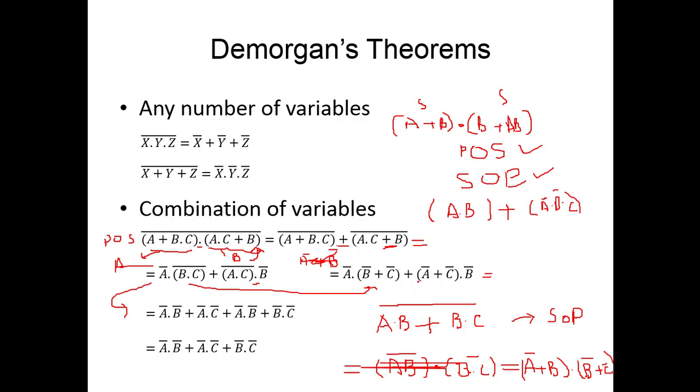Then you can further solve it by taking commons from it and then solving it using the postulate which we have discussed in our previous lecture. So this is how you can generalize the De Morgan theorem on any number of variables or any combinations of variables. So from this slide we can see that the Boolean expressions are usually described in two forms. One is the product of sum representation and the other one is sum of product representation.